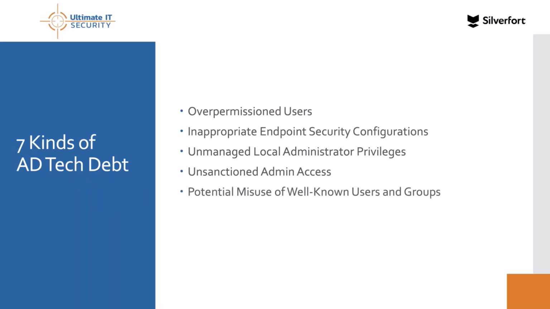Let's talk about potential misuse of well-known users and groups. So we have domain users, we have domain admins. This is probably, Stephen, it feels to me kind of like an offshoot of the previous bullet of unsanctioned admin access in a lot of ways, or unsanctioned access. Yeah, I think over time, those well-known groups and users were exploited because they had excessive permissions, right? When you think about print operators, for example, there's one that got exploited pretty regularly, right? And we didn't think it was a big deal to have someone as part of print operators, but we know that printers are typically wide open and have default credentials on them, and so that's a vulnerability that's well known.